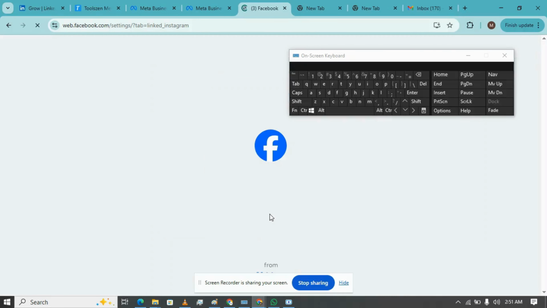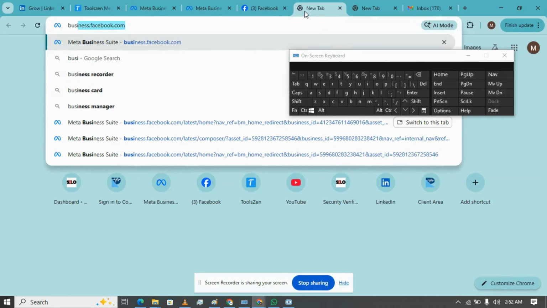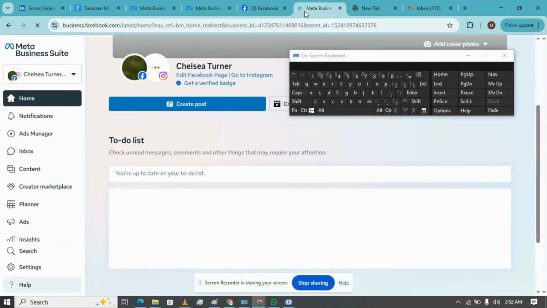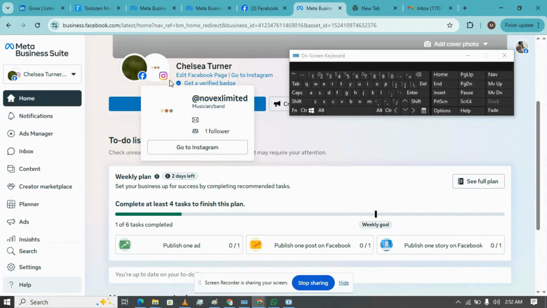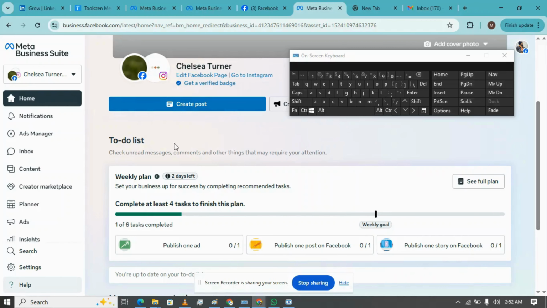Done. So my page is connected with my Instagram account, so I can do the cross posting, and I can do the comments and so on by accessing Meta Suite. Here you can see my page is connected, and I can do the mutual activities by using this single